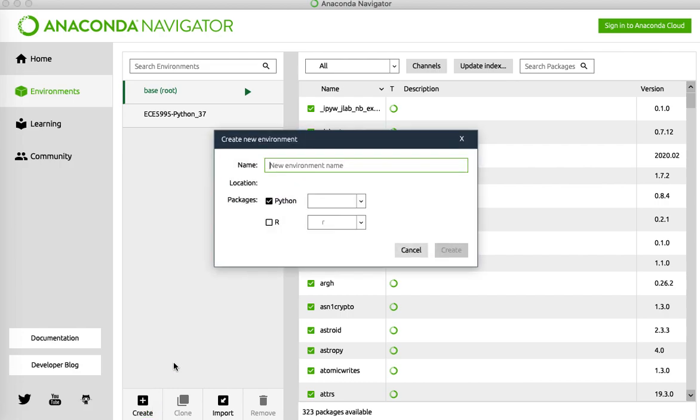On create, it will give you a dialog box. It will ask you what the environment name is that you would like to create. I like to create a meaningful name for my environment, so I can use it and I can tell which is which. For instance, if you see in here, for a class of ECE 5995, I would just name it as